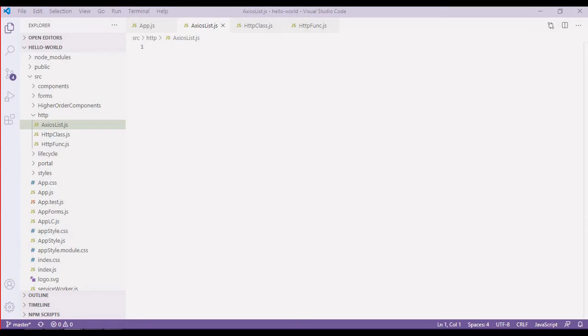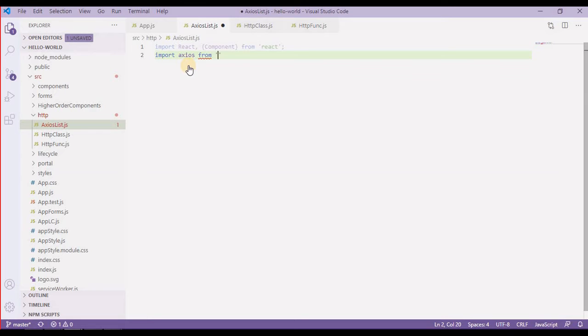First of all, I'm going to import React with Component from React, and then I have to import Axios from Axios.